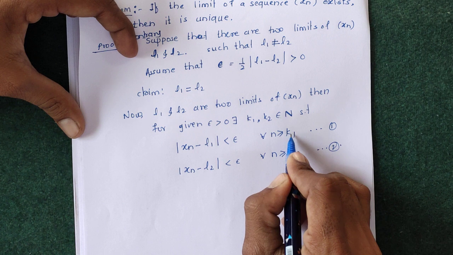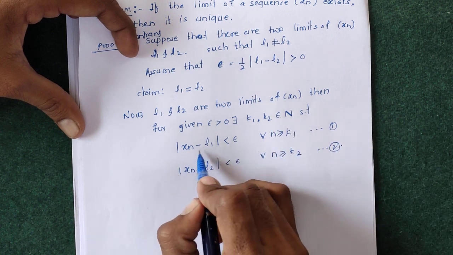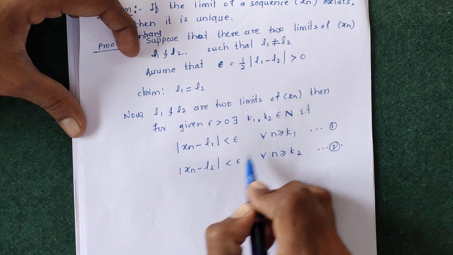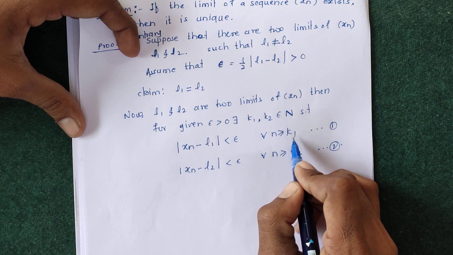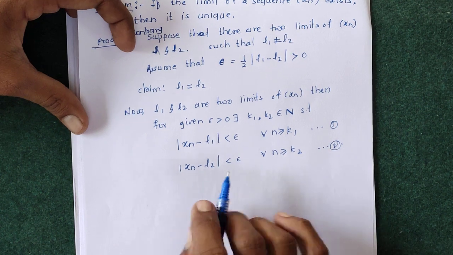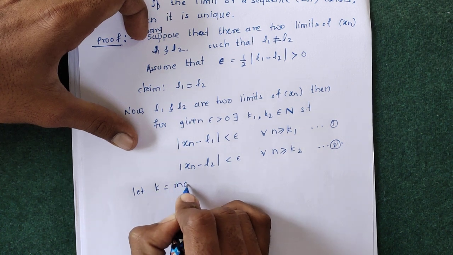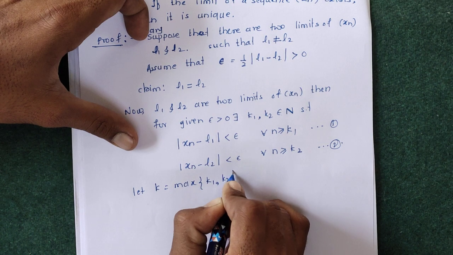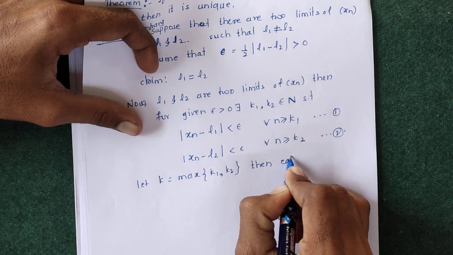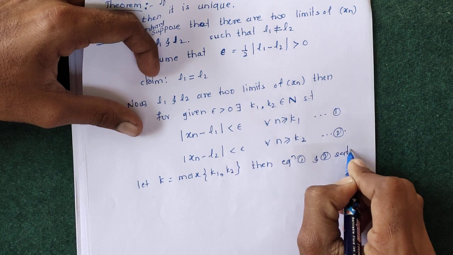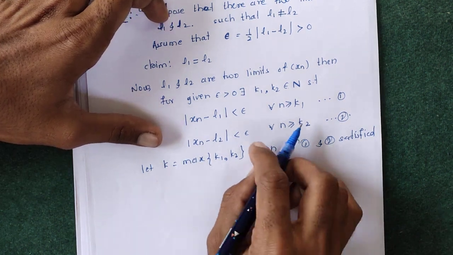Now if we choose the maximum number between k1 and k2, then both these inequalities are satisfied, because xn minus L1 is less than epsilon for n greater or equal to k1, and xn minus L2 is less than epsilon for all n greater or equal to k2. If we choose k as the maximum of these two numbers, then both inequalities are satisfied for that k. Therefore let k equal the maximum of k1 and k2. Then equations 1 and 2 are satisfied simultaneously. For k equal to the maximum of k1 and k2, both inequalities are satisfied. Therefore